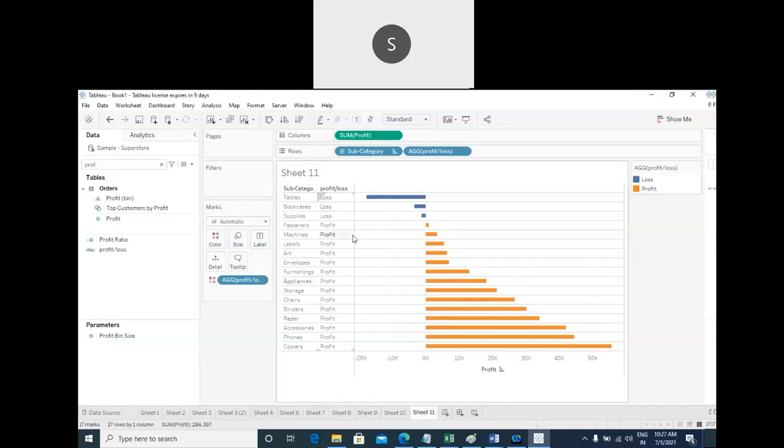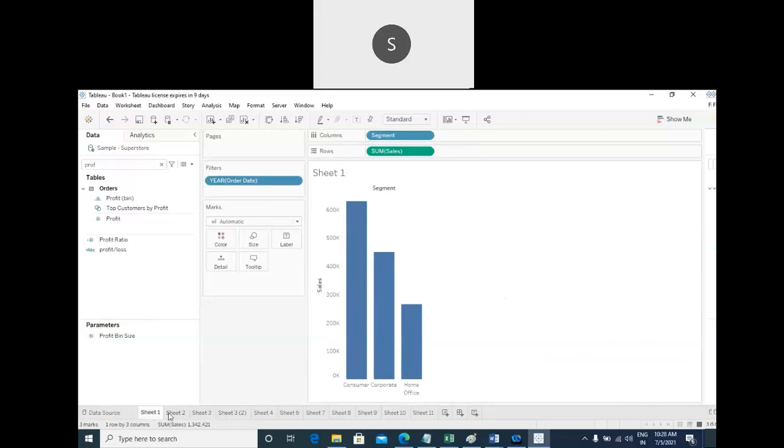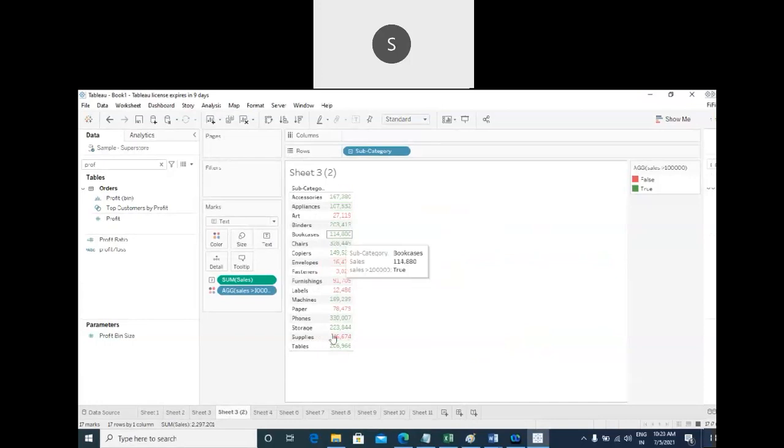Try to work on these things today. Tomorrow we can write multiple if statements to build visualizations. We can check more if statements and build some visualizations. What you need to practice today is building these views. How we can get color formatting when the sales is greater than 1 lakh and less than 1 lakh. The same thing we can apply for the values, how to bring it into the values.